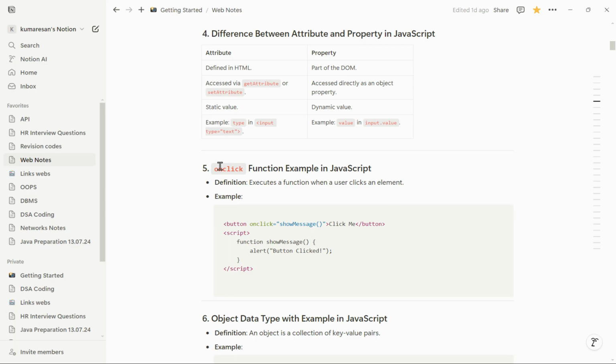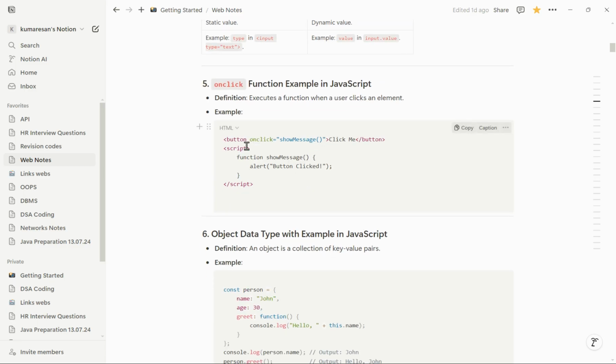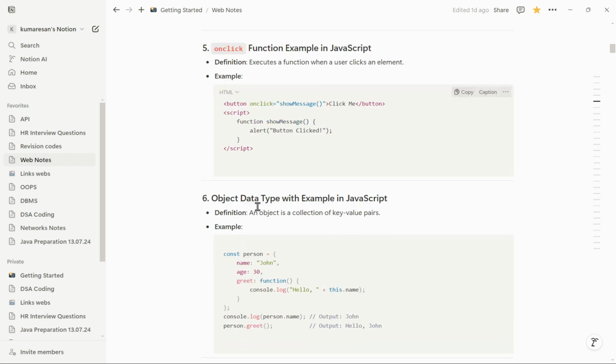document object model. The onclick function is executed when the user clicks on the event. It is a basic question asked in interviews. For example: a button with onclick showMessage, click me. In the function showMessage, when the button is clicked, the text is shown, and the function on the window object